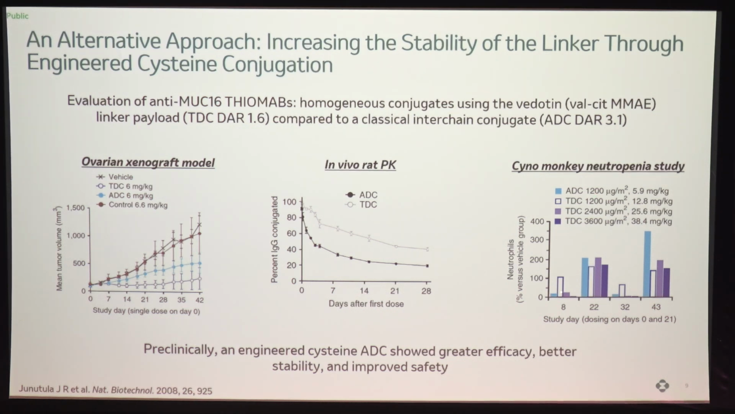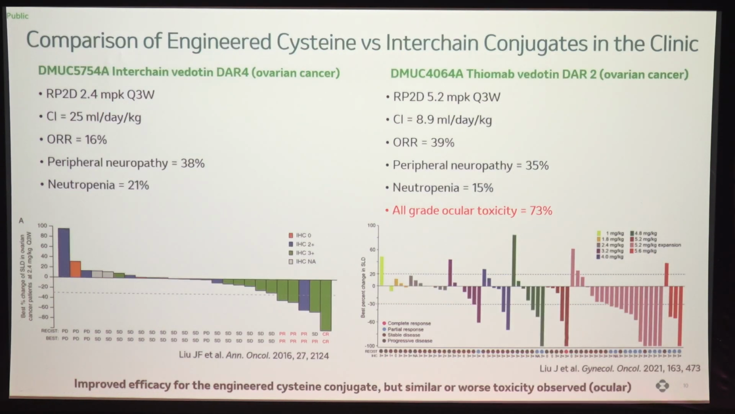But what you could see is after a single dose, you saw very little impact of the thiomab drug conjugate on the level of neutrophils, compared to the ADC itself, where you saw significant depletion. And so again, some promising data showing that you get improved efficacy, improved PK, and maybe a hint of improved safety here. And so Genentech actually took this example further and tested both of these molecules in the